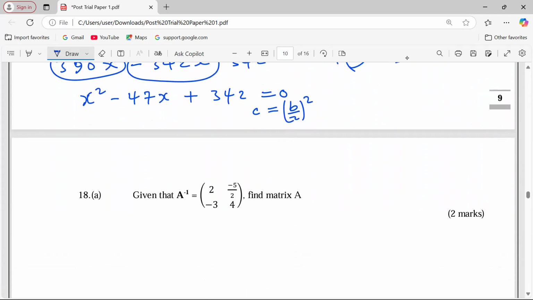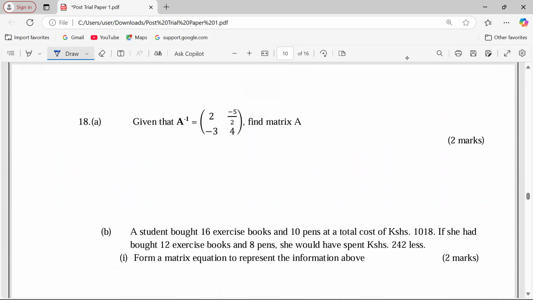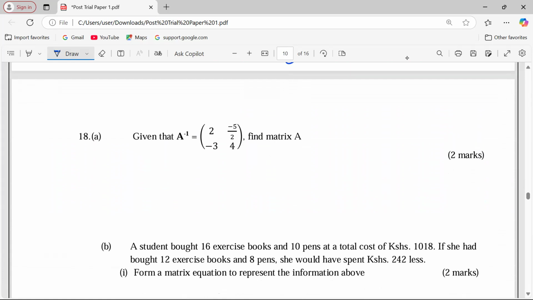So that is it. We're in number 18 now. We are given a certain matrix here. Wow, this one is interesting. Given that A inverse, this is now the inverse of matrix A, 2, negative 5 over 2, negative 3, 4, find the matrix A. Okay, this one might be a bit technical to some students, but you're supposed to